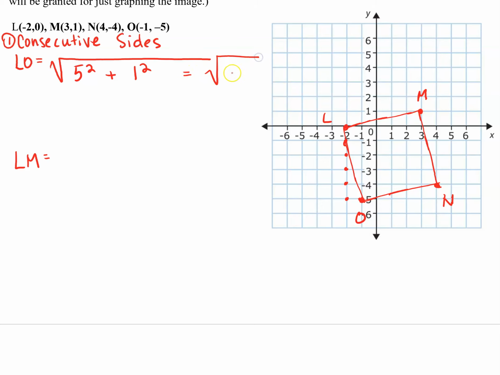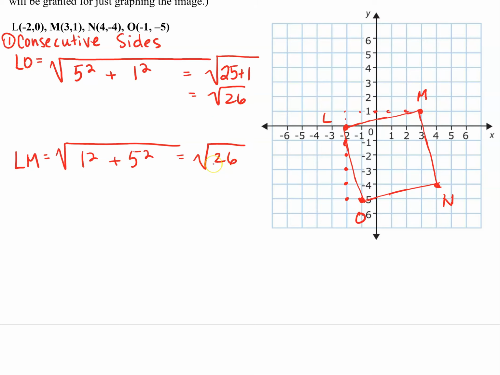That equals square root of 25 plus 1, square root of 26. Okay. To go from L to M, I had to go up 1 squared, and I have to go over 1, 2, 3, 4, 5 squared. Okay, and we can see that those two